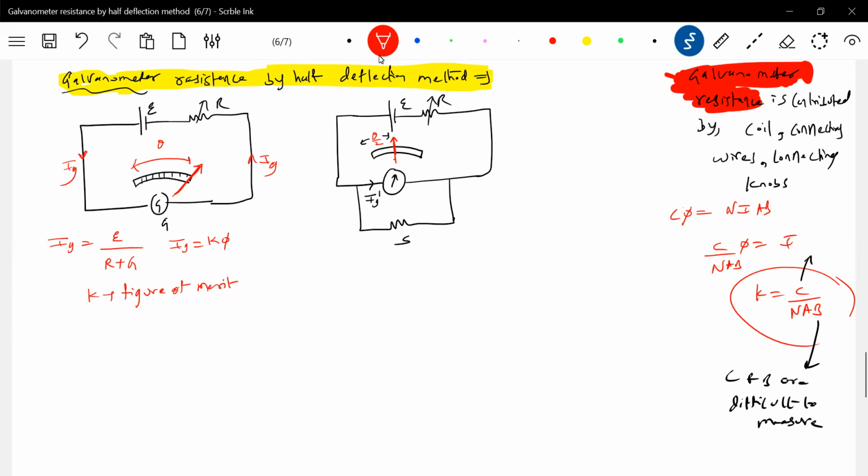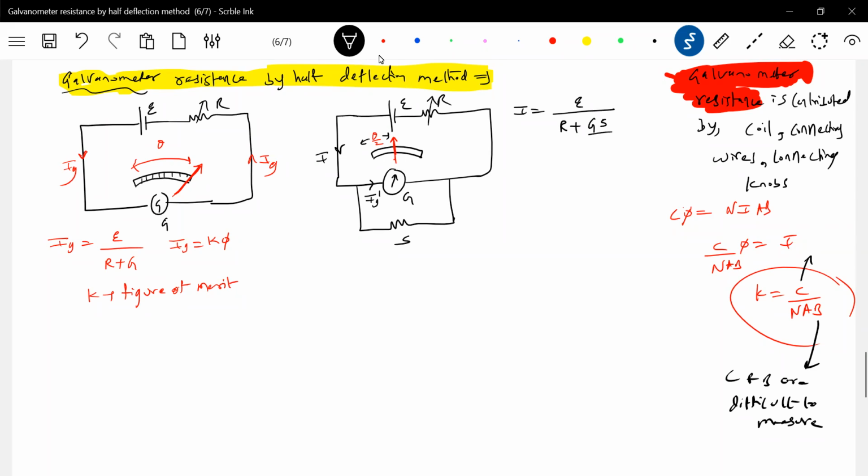So for that, I'm going to adjust the value of S. With this, we can find out the galvanometer resistance very easily with this experiment. Now it is a matter of the current division concept. This current I is there. So what is the expression for I? I is equal to E over R plus